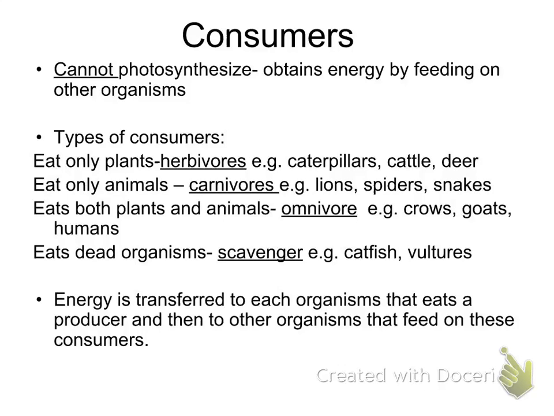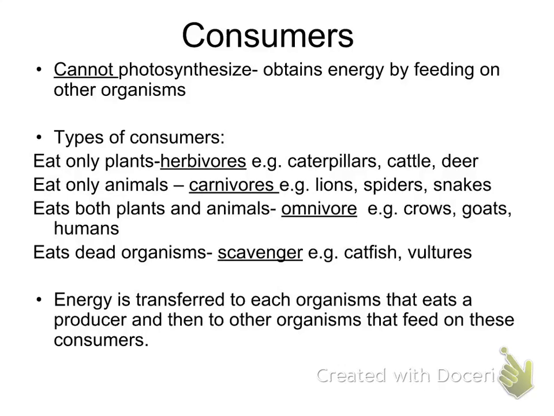And then finally, scavengers are another type of consumer. Not to be confused with decomposer. A lot of people confuse these two. A scavenger, yes, eats dead organisms like a decomposer does, but the difference is the scavenger is just consuming these things for its energy needs. So when a catfish or a vulture is feeding off of something dead, it's just eating it to get the energy it needs for itself. Whereas a decomposer, not only are they eating the dead things, but then they're taking those dead things and breaking down those parts of them so it can be returned back to the earth and used again, which we're going to learn in a future lesson to make sure we understand how that stuff that's getting broken apart can be used once again for the producers in photosynthesis.